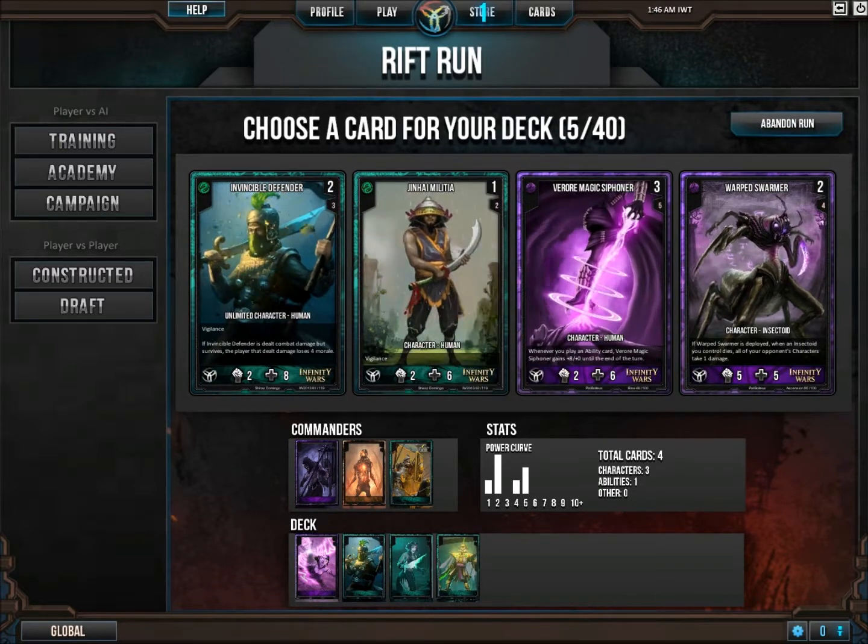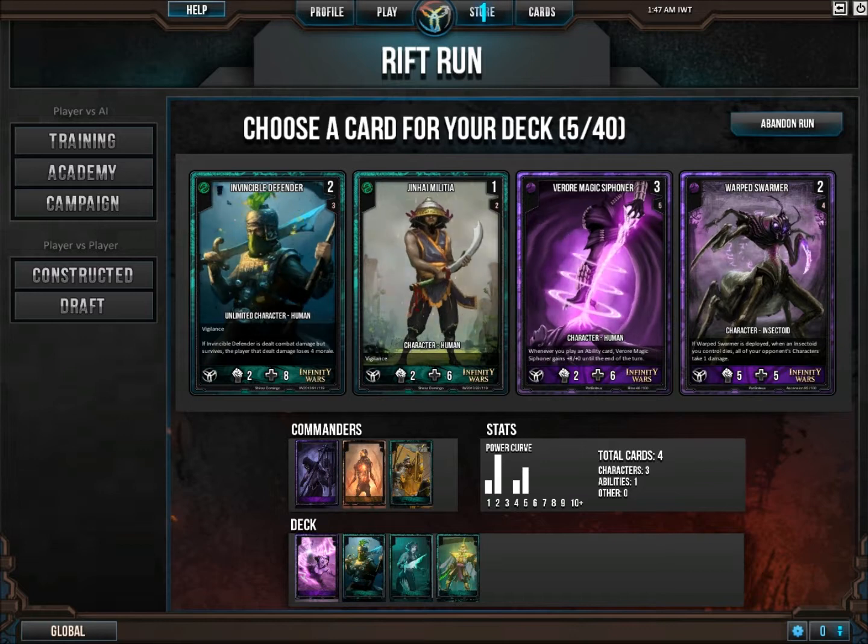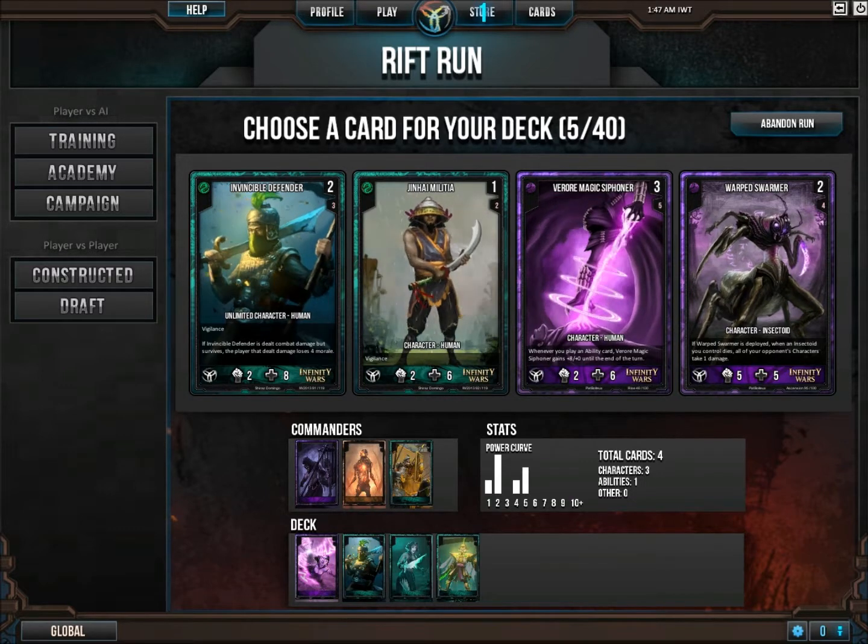Militia is nice, but the Defender is just better, plus I have a better chance of drawing it. Varroa Magic Siphoner is also equally as nice, as is the Warped Swarmer, if I can guarantee more Swarmer cards, which I always can. I keep saying this is my one complaint, but I just never do. However,